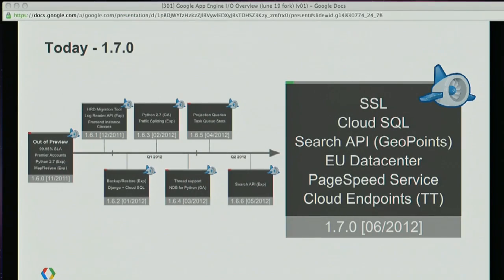The whole goal is really to make it so that if you're building a mobile application and you want a backend on your mobile application, it's really easy to use App Engine to get that done without having to learn all the details and do any of the heavy lifting. In many ways, it's the promise we've always wanted with App Engine. All right, that's 1.7.0 in a nutshell, and I don't think I've ever talked that fast before. But that's 1.7.0 in a nutshell.